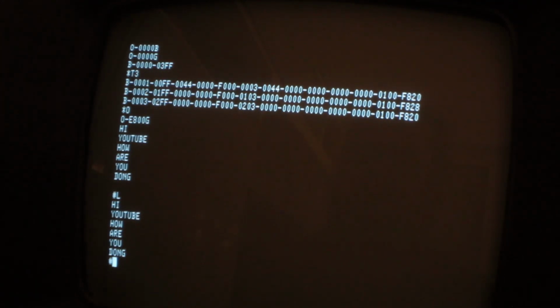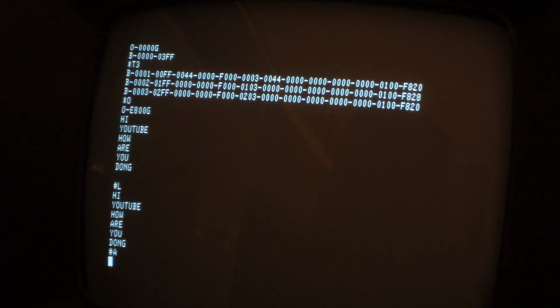We can type some program, so I can type YouTube, then I can press ESC, and now I'm in command mode, and I can, for example, list the whole buffer, and I can append stuff with the A command.